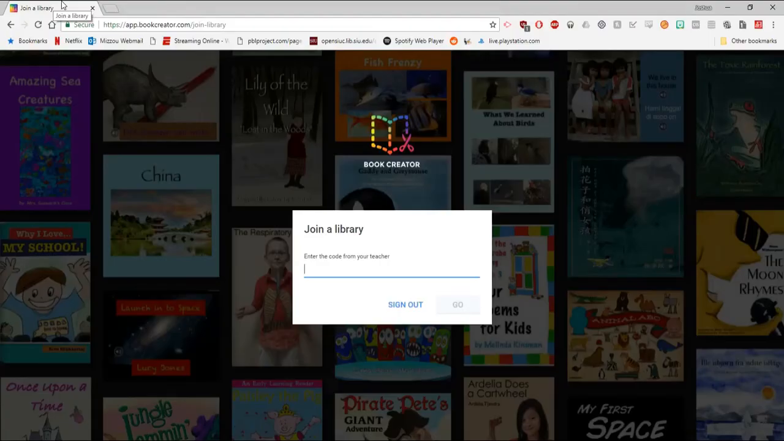They will see a page that looks like this. As long as you give them that code, they will punch that code in here, and then they will be able to add books to your library. You'll be able to look at the books that they are using, and your students can also read each other's